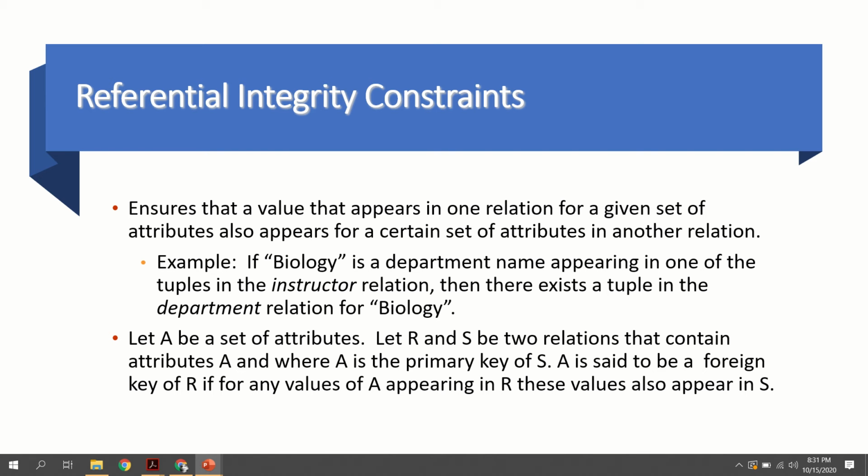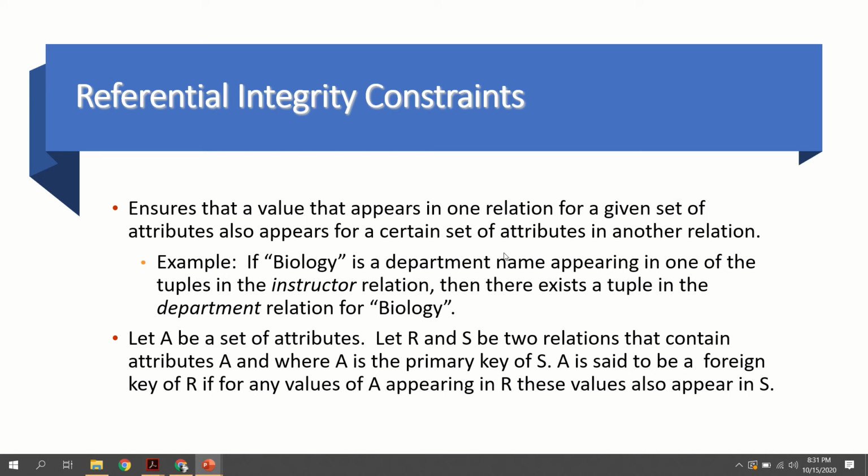In the instructor table, we are setting the ID of the instructor as the primary key. And in the case of the department table, let the department name be the primary key. So department name is present inside both tables. The instructor table contains the field department name, and the department table also contains the field department name. But in the department table, the department name is the primary key. So whenever we are inserting a value into the instructor table, the department field should always refer to the department table. That is called referential integrity or foreign key.